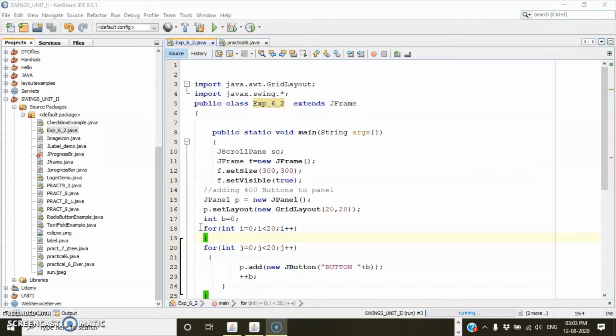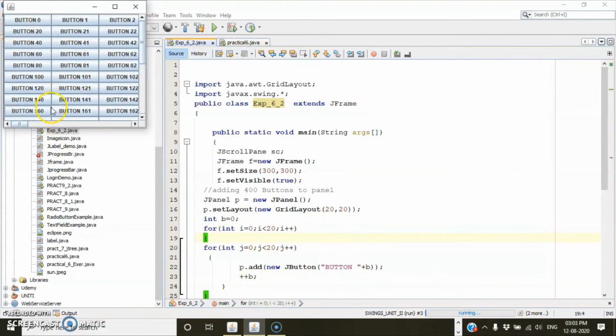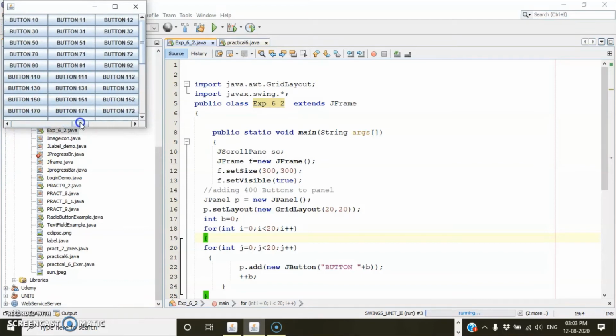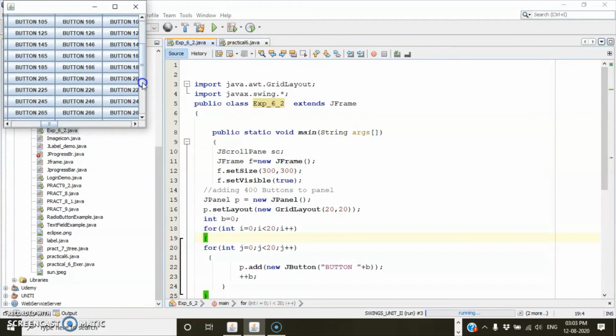Scroll pane is a container. We'll first show the output. See, here I have placed 400 buttons in this scroll pane. Here the scroll pane has a vertical scroll bar as well as a horizontal scroll bar.